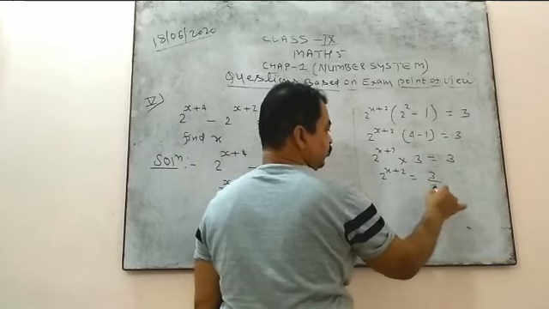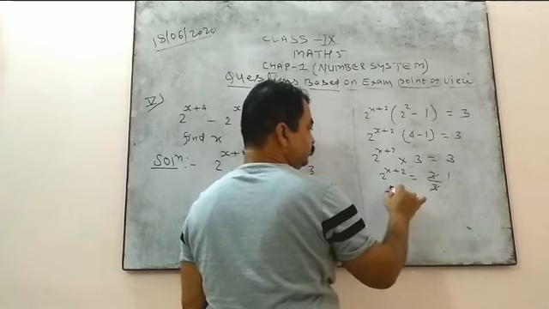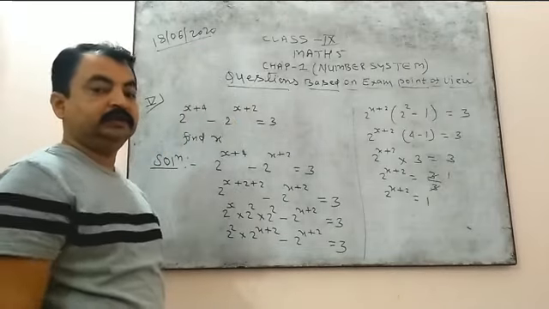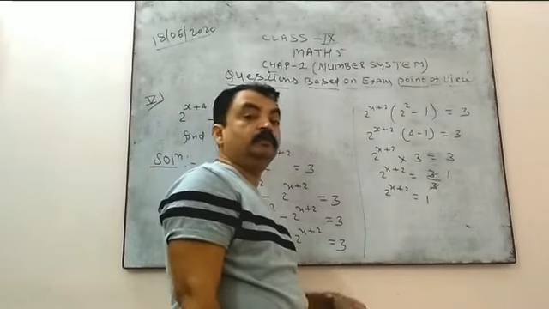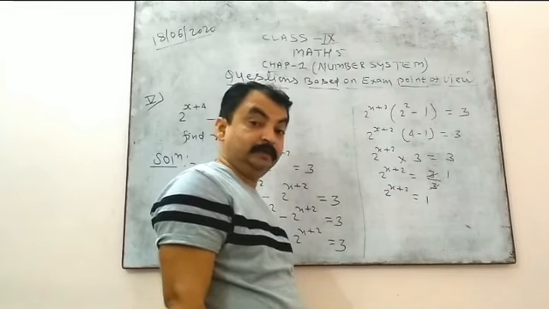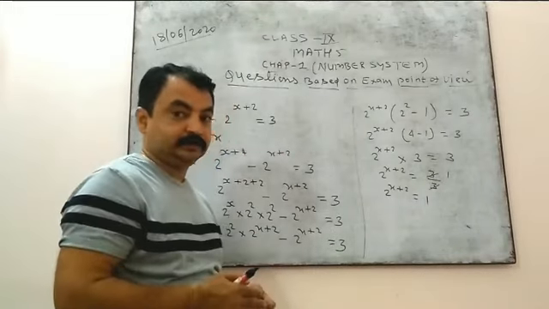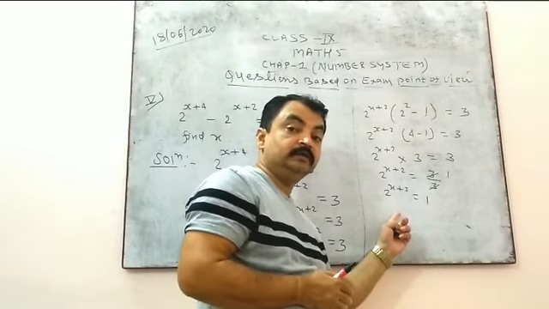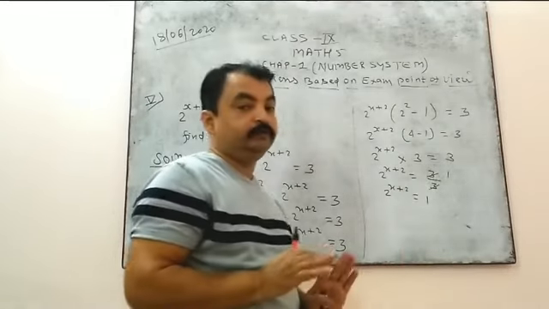This is into 3, so divide by 3 on both sides. So the 3s here cancel, and here 3 upon 3 is 1. So what do we get here? 2 raised to the power x plus 2 equal to 1. But the problem is still not solved, because we need the value of x. How do we get the value of x? Because x is in the exponent part. Right? So what do we do? We try to convert the RHS in the form of base 2, which is in the LHS part. Then only can we compare and get the value of x.